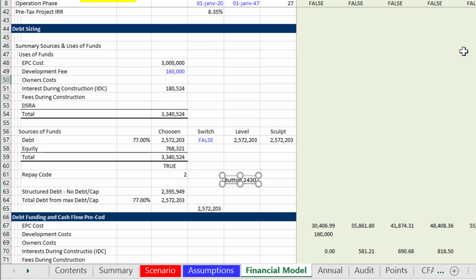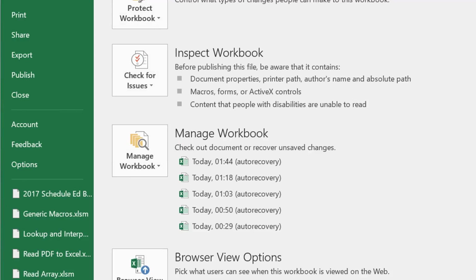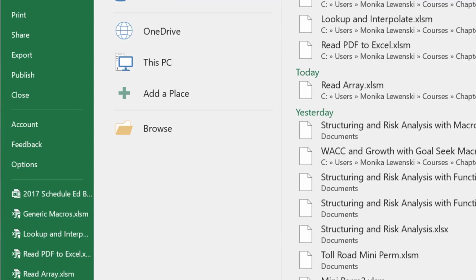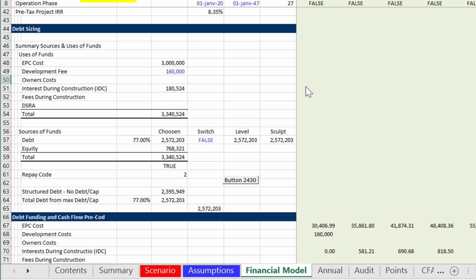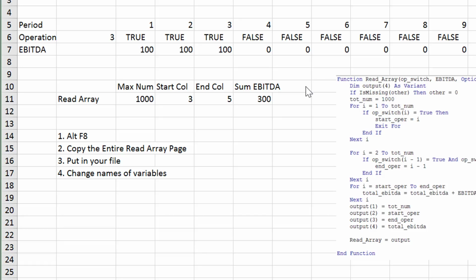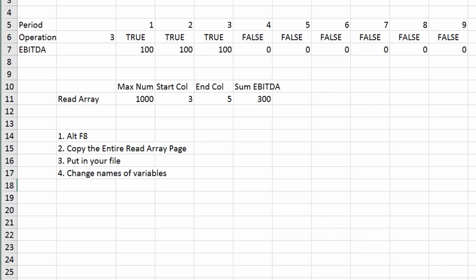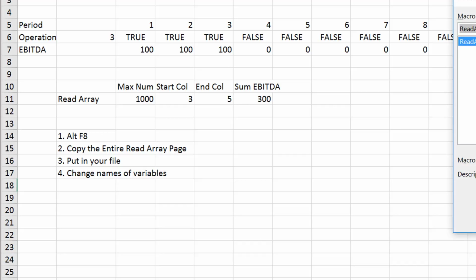Now, I'm going to open that file I just showed you, because I made it a little better. Oh, God, I'm going to have this problem again. Oh, did I open the right one, please? Ah, yes. Here, on this one, what I did this time is, again, if you press Alt F8 and press edit,